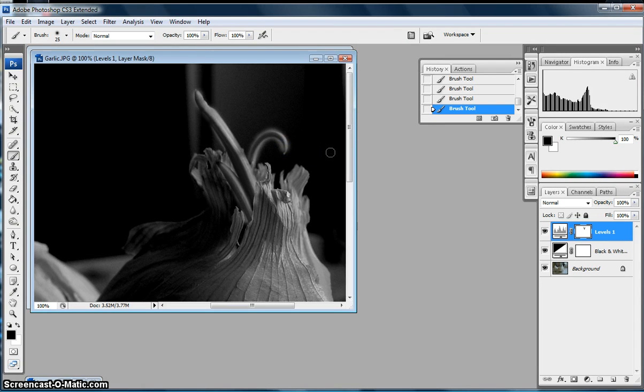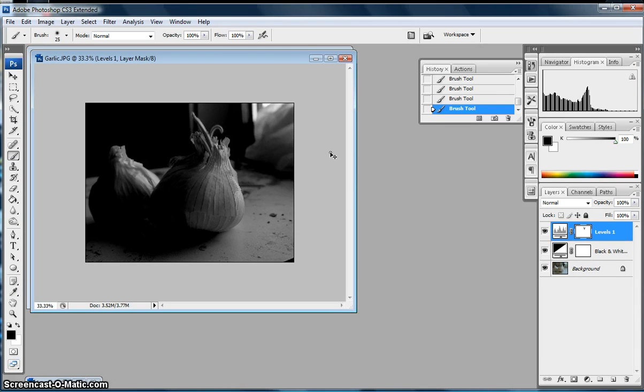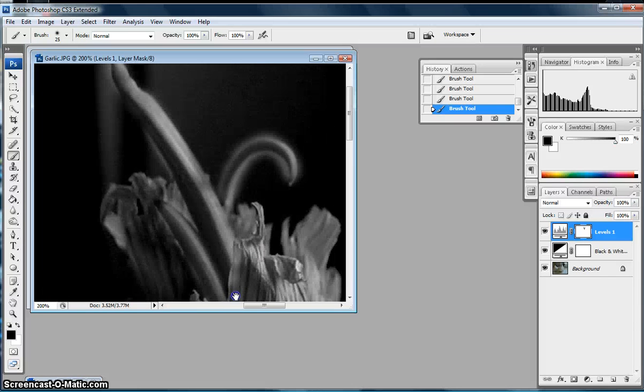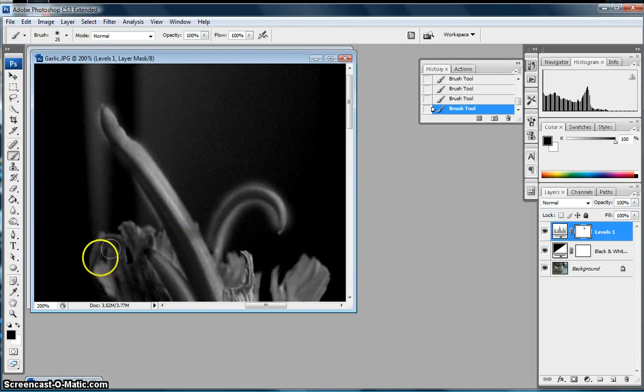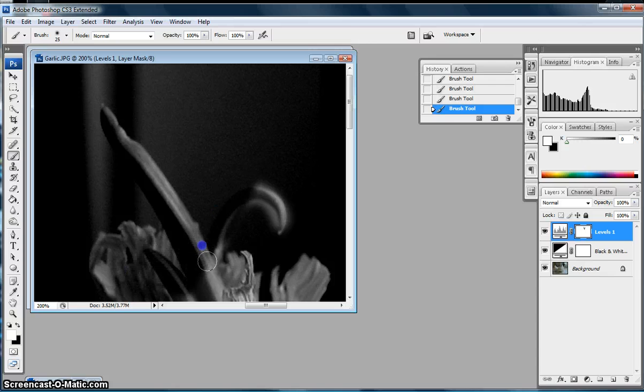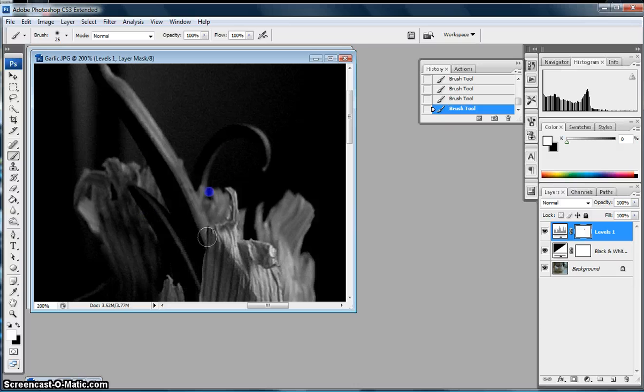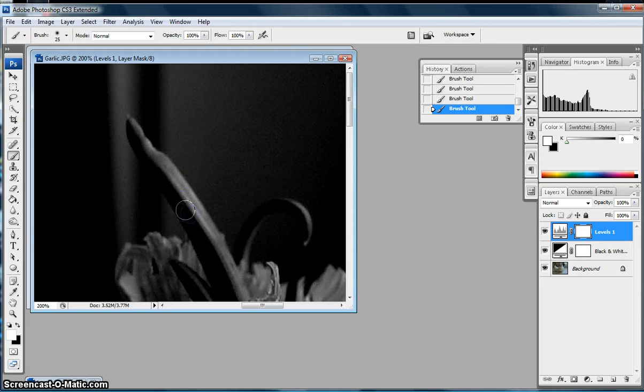I'm going to zoom out now. I'm going to press Control minus just to see how that looks. Now obviously that looks completely ridiculous, and a little bit too harsh. So I'm zooming in, holding spacebar. Now I can toggle by pressing X so that my white comes back, and I can bring that back and return it to normal using my spacebar here. And I can be a little bit more careful by making my brush